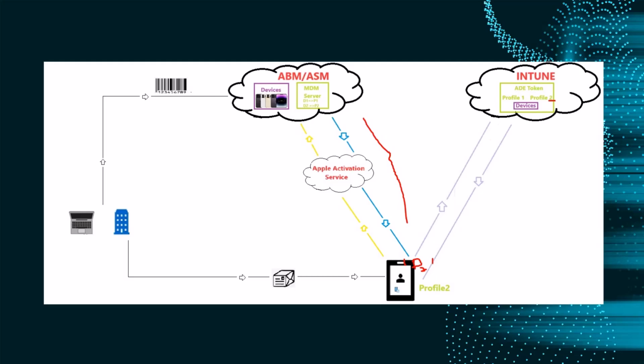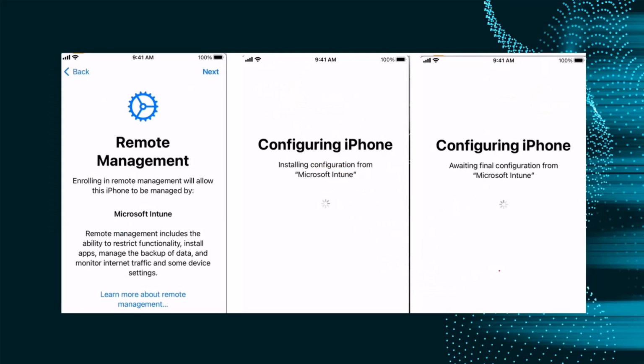So this is not a device configuration profile because the device is not enrolled yet. So we cannot push any device configuration profile or compliance profile or application. This is just a payload. Think of this like an Autopilot profile which is coming down to the device. And this profile contains the information on how the device's out-of-the-box experience from this point forward is supposed to look. So over here, now you see a screen called remote management, wherein